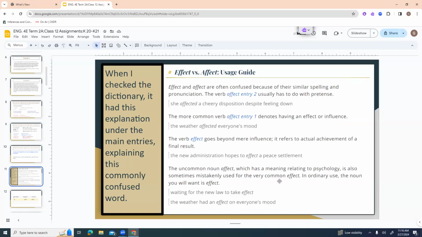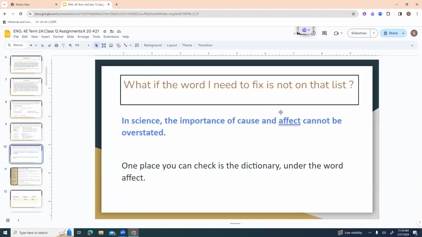I've usually seen it more used as a noun. For example, at the very bottom, they've got two examples, like, he's waiting for the new law to take effect. The weather had an effect on everyone's mood. And the phrase you'll see over and over again is cause and effect. So if I wanted to fix that, now I know how, I would change that to become